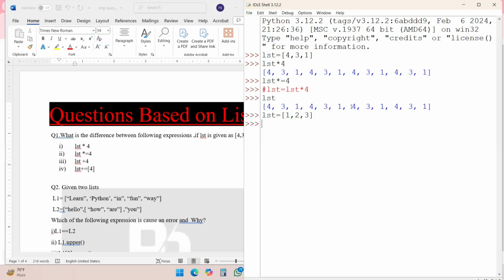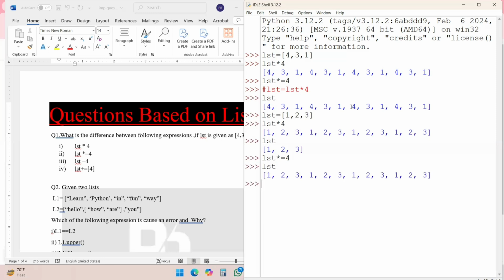If I write list asterisk 4 and after that print my list, it is the same because there is no change in my original list. But if I write list asterisk equal to 4 and after that print my list, there is a change in my original list. So this is the difference between these two statements.